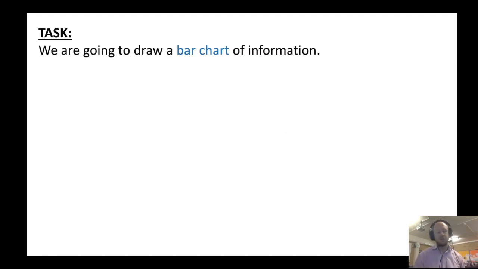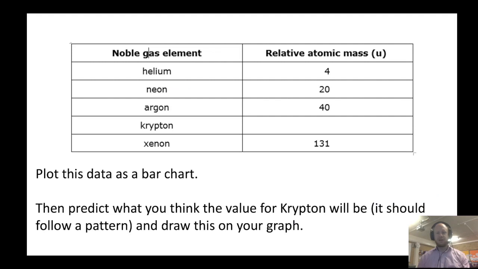Right, one of the things that we can do with noble gases, or anything in the same group, is look to see what happens to the properties of the things in that group. So if we think about the properties that these elements are going to have, we should be able to plot a graph and work out what something's going to be. Let's do a bar chart of this information. So the thing I'm going to look at here is what the element is and what the relative atomic mass is, and there should be a nice pattern that